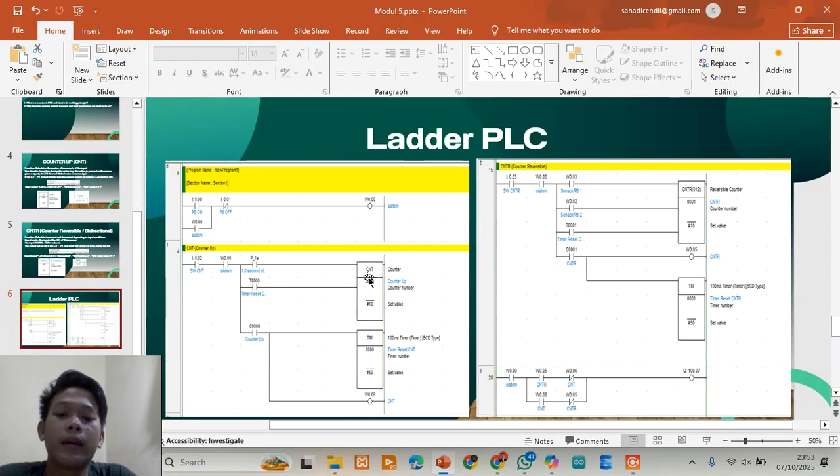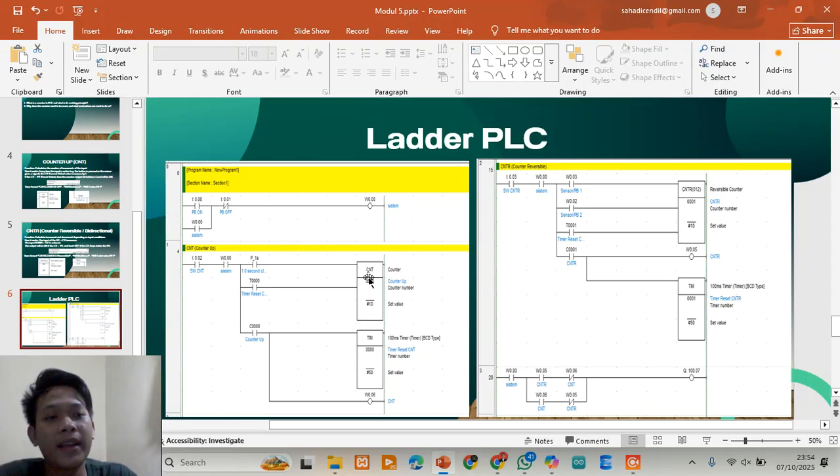Let's look closely at the complete ladder circuit on the ladder and the PLC trainer board.